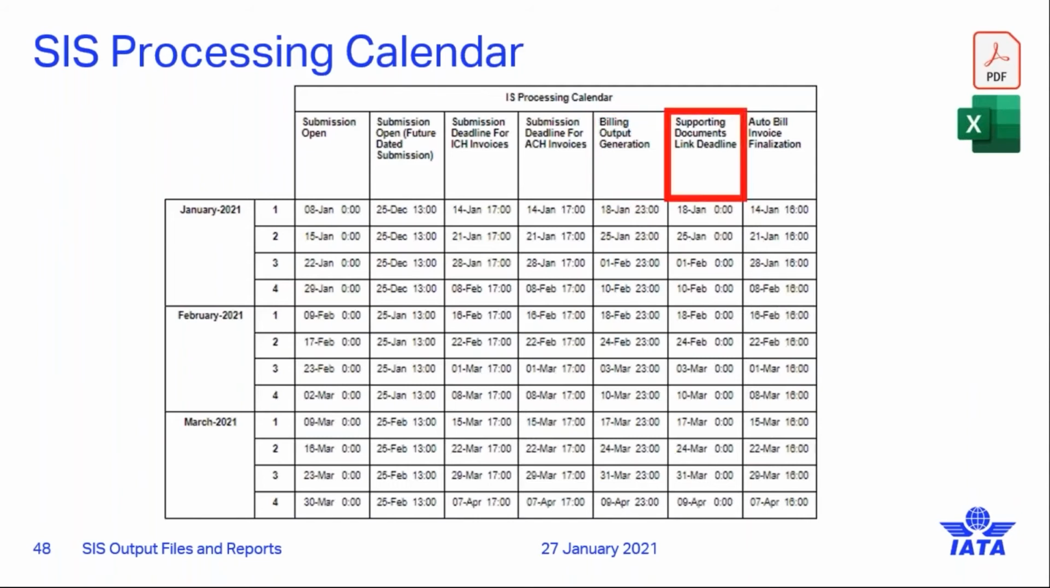In the next column, we look at supporting documents link deadline. Here, supporting documents are due around 24 hours before output generation. This gives the user time to see if the documents are linked correctly and make any alterations if needed. Continuing on to the next calendar, we look at the